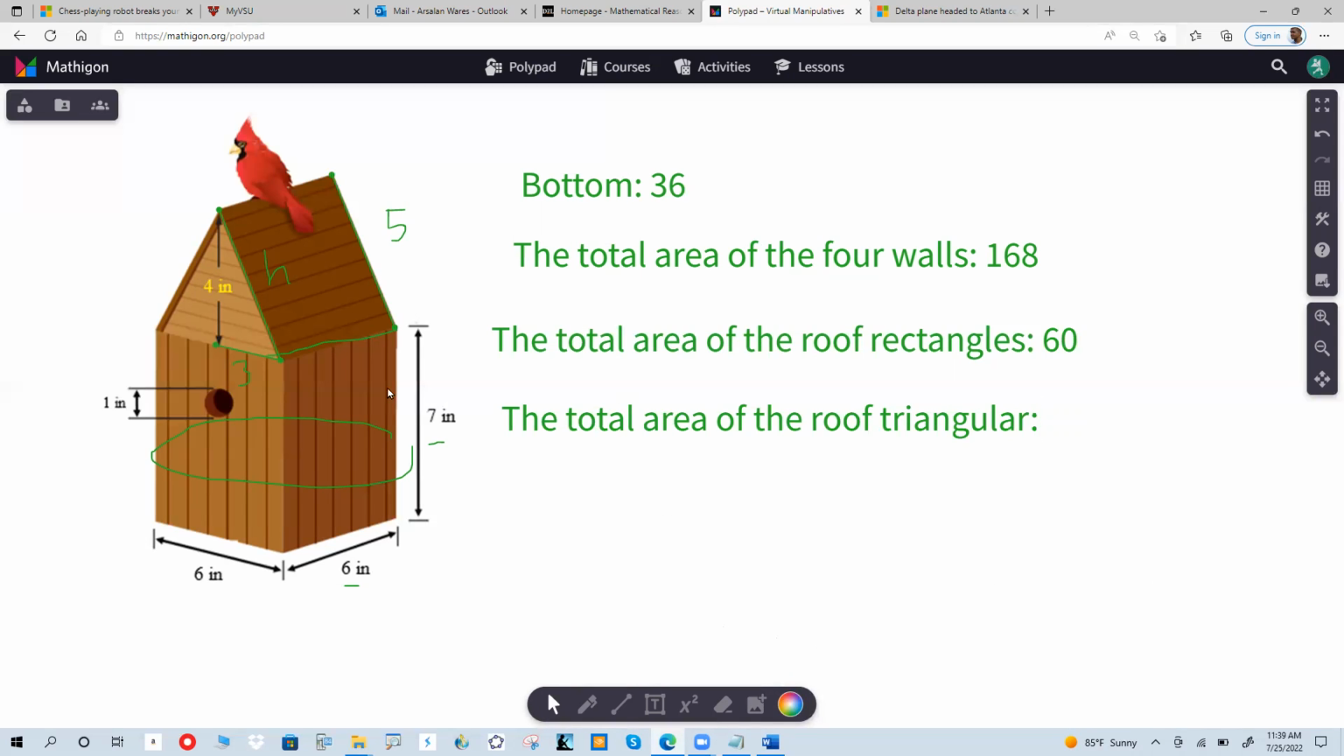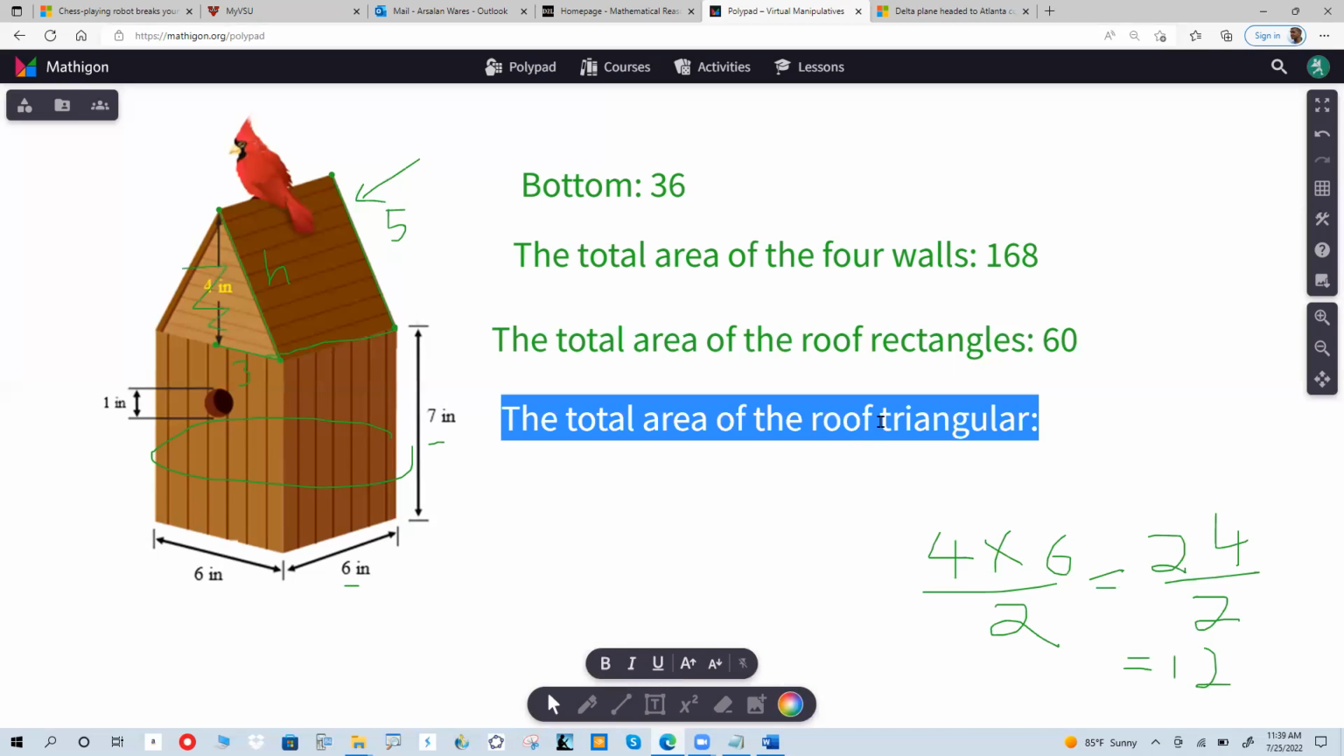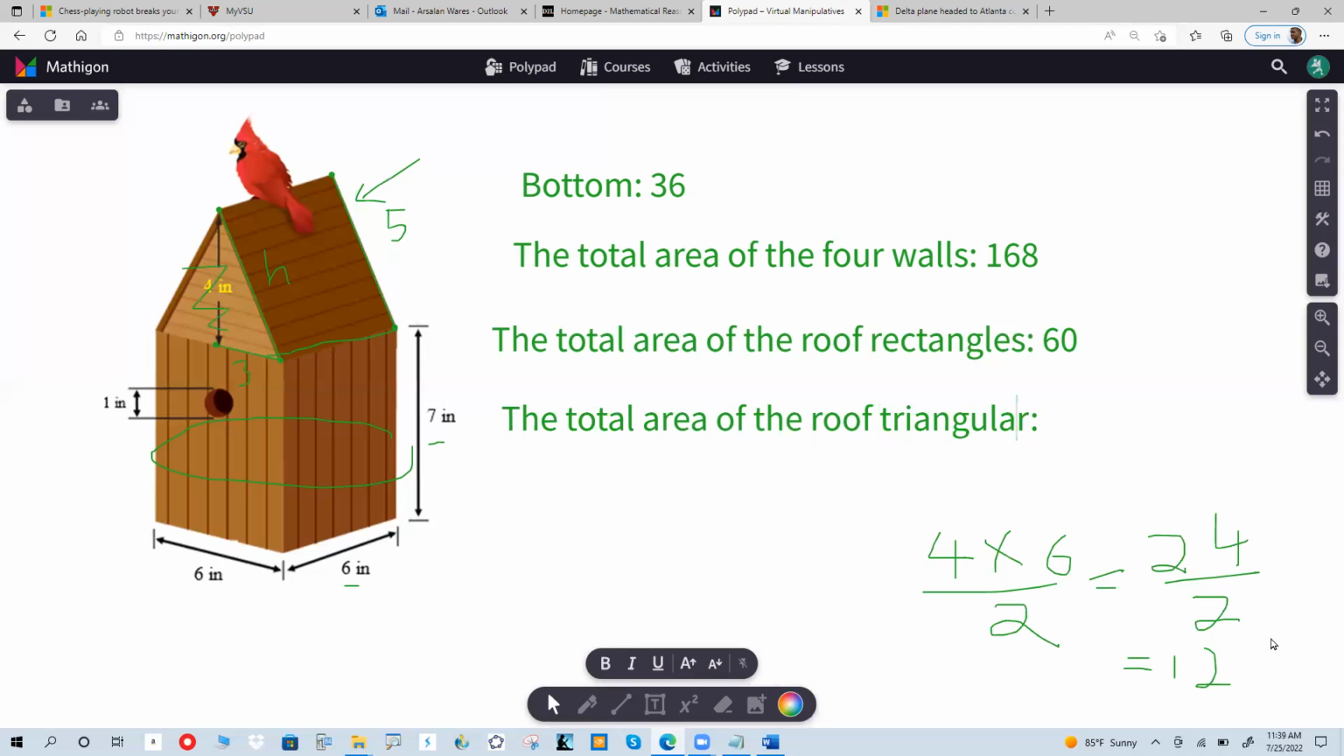And I am going to find the area. Each triangle has a base of 6, height of 4. Area of a triangle is base, this is the height, times the base divided by 2. And that's 24 divided by 2. That's 12. But there are two such triangles. One is here, one is here that you can't see. So the total area of the roof triangles